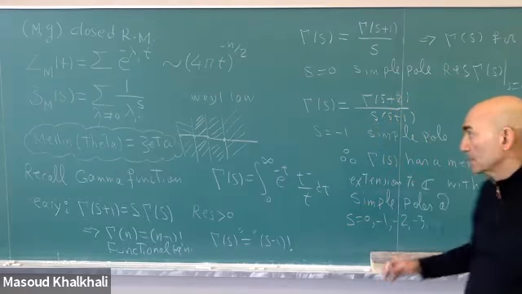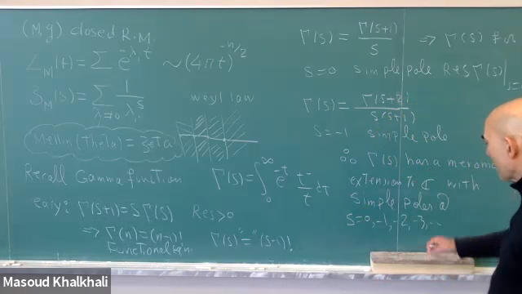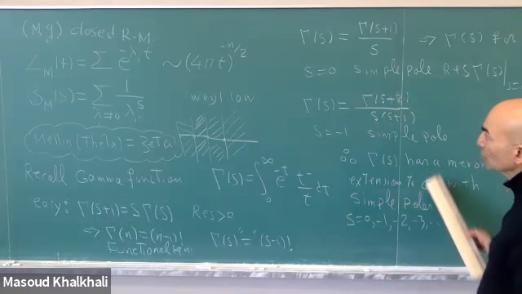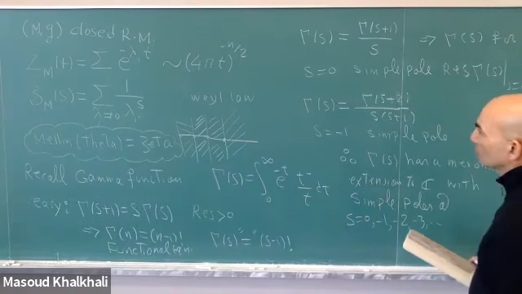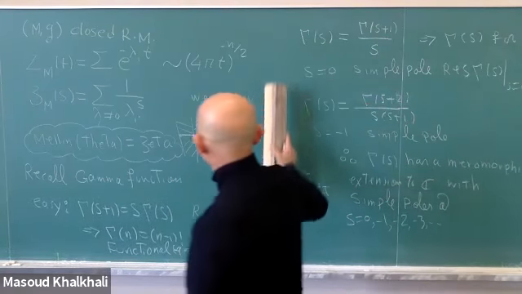So we get all these simple poles, and the residue at these poles is very easy to compute. The residue comes out to be